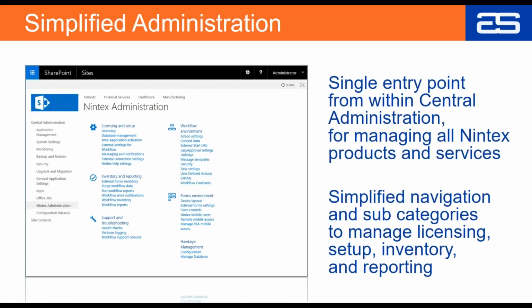Okay, and then the last big change that I want to point out with this new launch of Nintex for SharePoint 2016 is the simplified admin experience. Since the products are now a single install, it makes complete sense that there would also be a more streamlined admin experience. So today, those of you who may be familiar with administering the Nintex product suite in SharePoint,